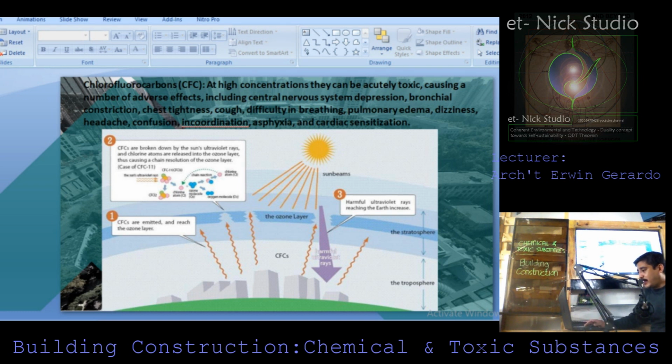So, if you could see here in this diagram, because of the sun's beam,